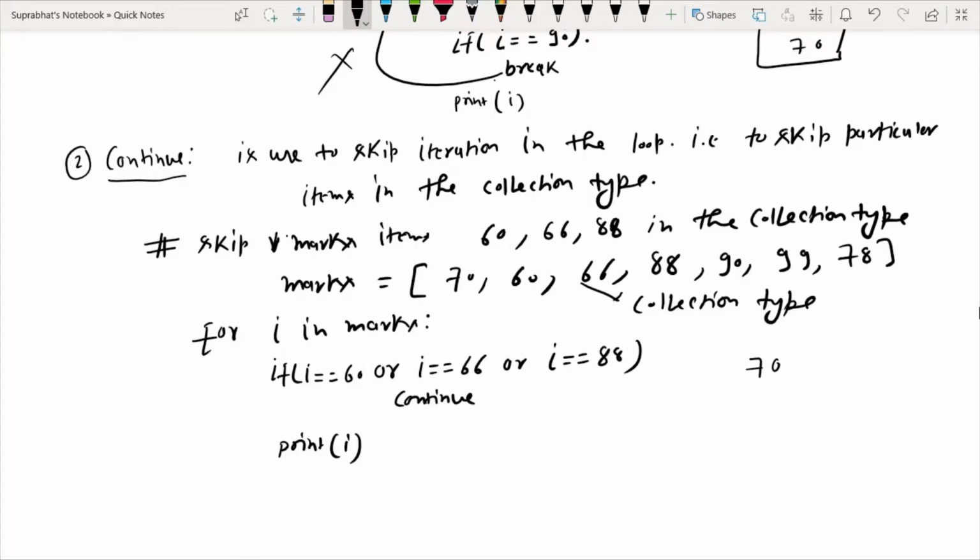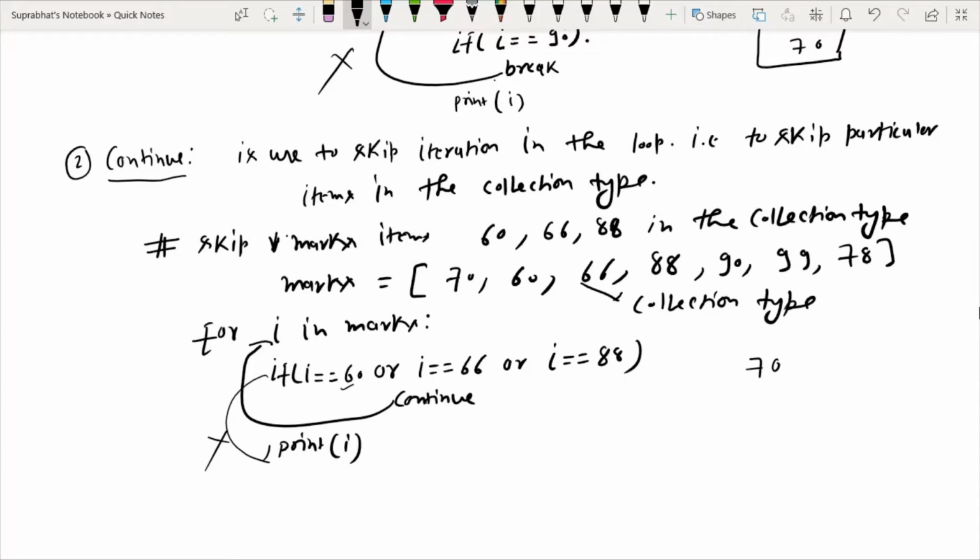So continue now works, so it will skip this value. 60 will not go to the print, because the condition matches, so it will jump back into the loop again.